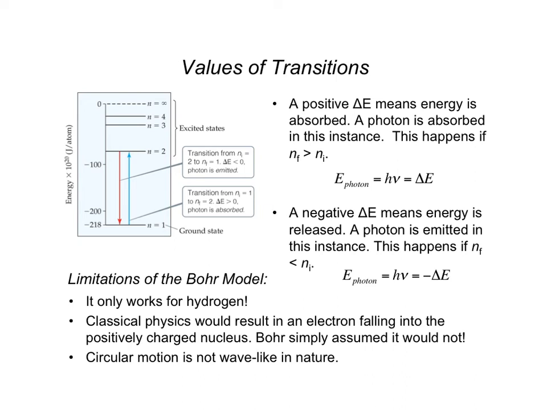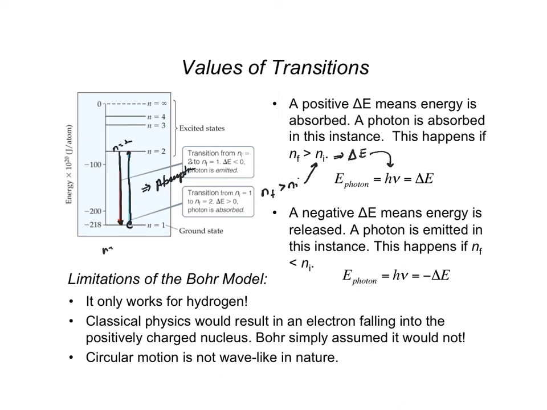Alright, so again, if we have an electron that's in a lower energy state and we absorb light and promote it to a higher energy state, again, this was called absorption. Right, and so this means that nf is greater than ni, so this is this instance. Then we're going to have a positive delta E. Right, and so we can again solve for the frequency of light that would lead to that via our little h nu equation. If we have emission, which is falling down from a higher energy state to a lower energy state,